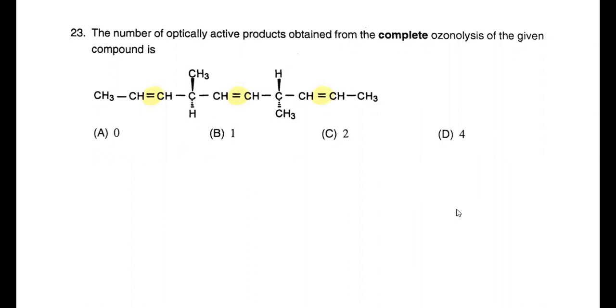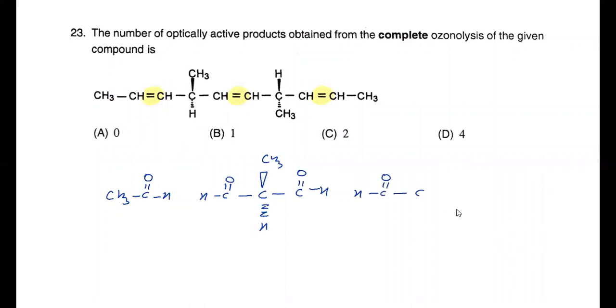So these are CH3CHO, HC double bond O, C. This is given CH3, this is H, C double bond OH. Further it is HC double bond O, C, H and CH3. Again C double bond OH. And the last compound is C double bond OH, CH3. So these are the ozonolysis products. Just check them carefully.